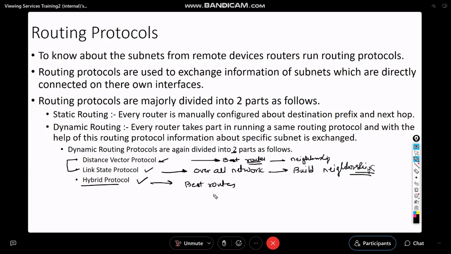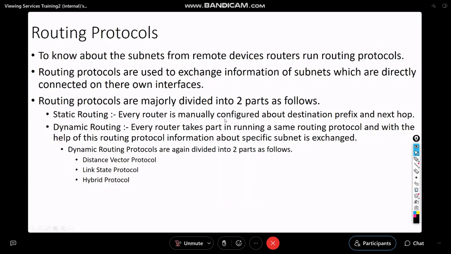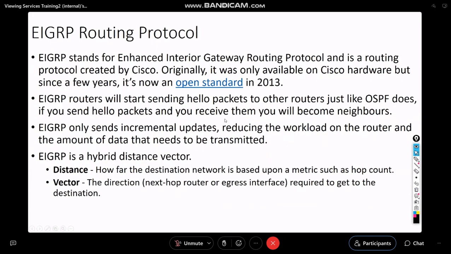Here with hybrid protocol, you can build the neighborships. And the simplest example to these are: distance vector, RIP is a protocol if you have heard about it; link state, OSPF is the protocol; hybrid distance vector, EIGRP is a protocol. If we speak about EIGRP,